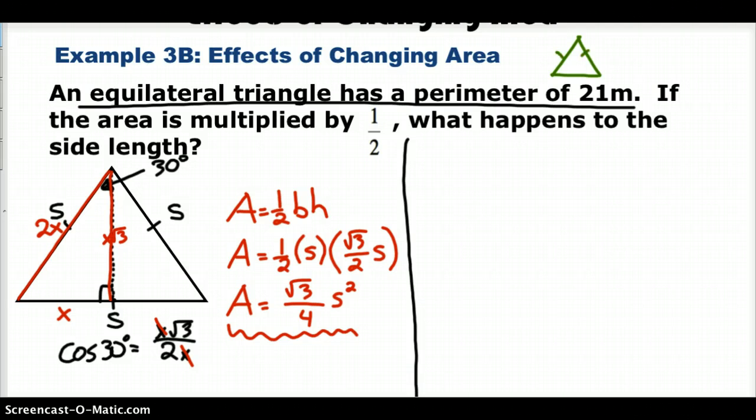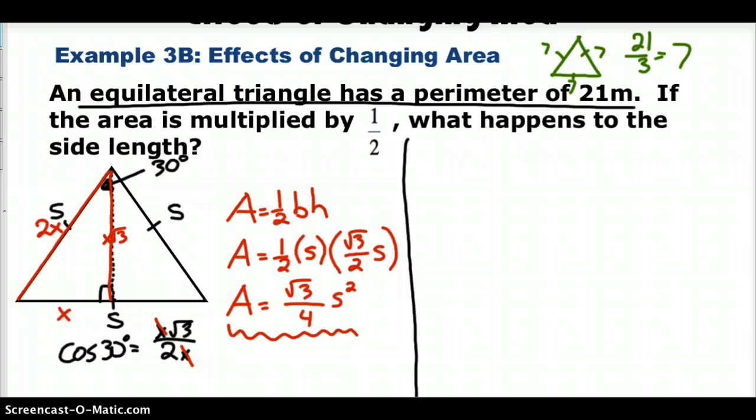Okay, it says it has a side length of 7, right? Well, its perimeter is 21, so we know its side lengths each have to be 7, right? Because they're all the same, because 21 divided by 3 equals 7, okay? And so from here, what we're actually going to do is write out the formula